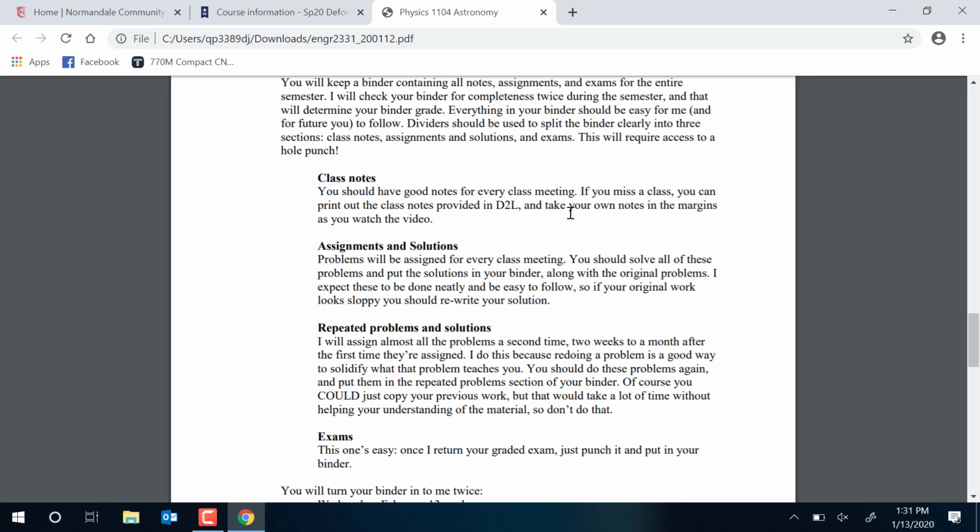And then there'll be assignments. There'll be problems assigned from the new stuff that we're working on. And then there'll also be repeated problems. Those will be problems that you've already fully done before, and they're already in the part of your binder for the assignments, but you're going to do them again. And I think when people first hear about that, they tend not to like that idea. But I think you'll find that